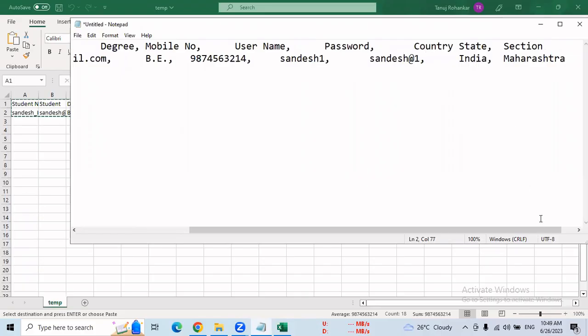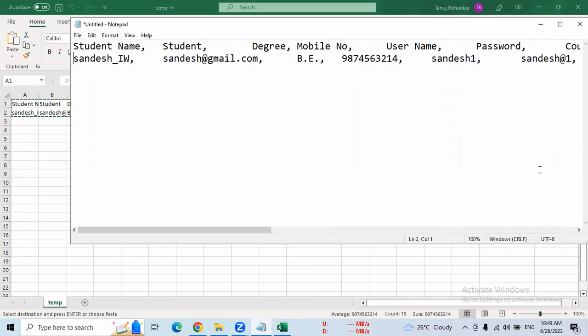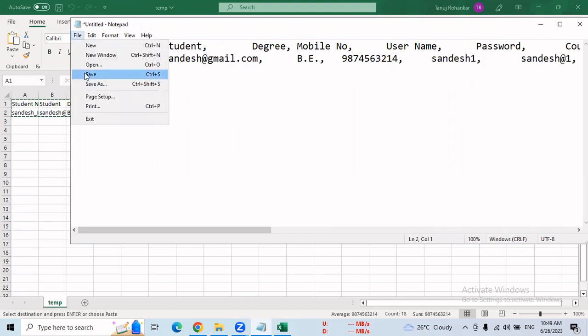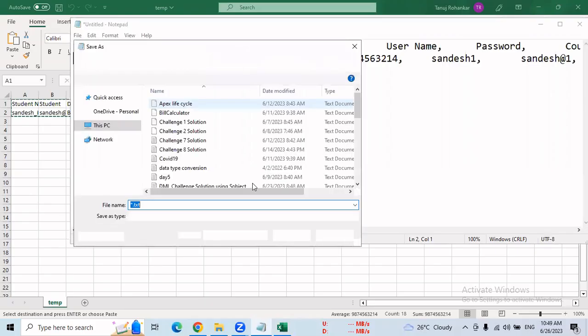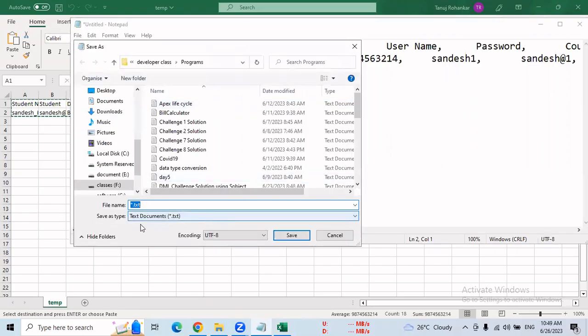This is the basic way by using which you are supposed to create an Excel sheet. Okay, so sorry, CSV file. Once you enter all those data, you just go and click on save. Once you click on save, first of all, you need to convert your save type from txt to all files, right? And then you need to just give the name of that particular file, and the extension, that is CSV,